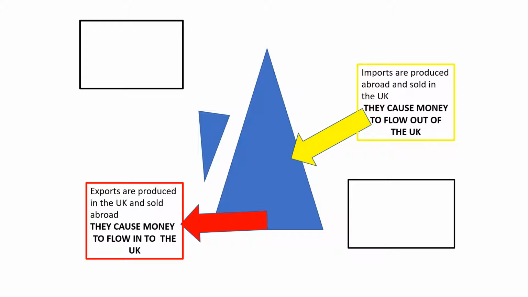Cadbury's make chocolate in the UK, they sell some in Australia, that will cause money to flow into the UK. Always look at the money. So if a Canadian tourist comes to the UK, they'll be bringing money into the UK, that will be an export. The best way of finding out whether something's an import or an export is to look at what happens